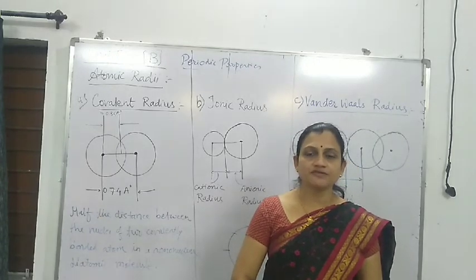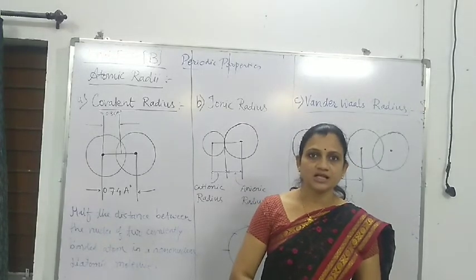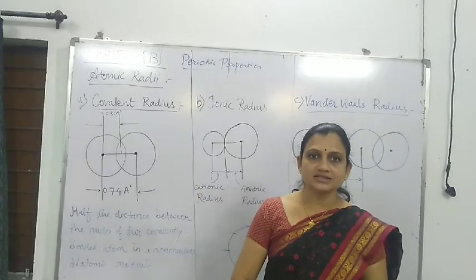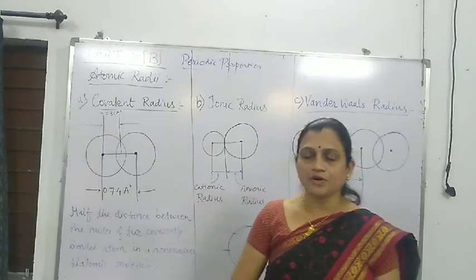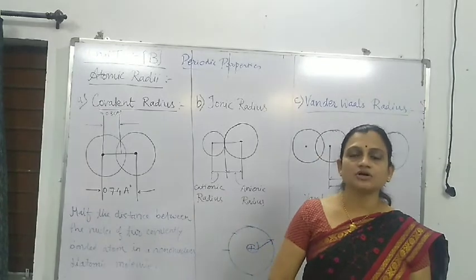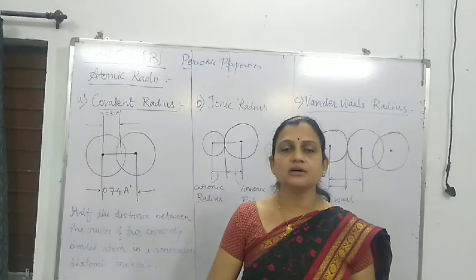Again, the position of the electron is uncertain as per the Heisenberg uncertainty principle. Again, the electron density gets disturbed because of the presence of neighboring groups. So these are some points. Because of these points we cannot get the exact value of the atomic radius, we will get the most probable value.